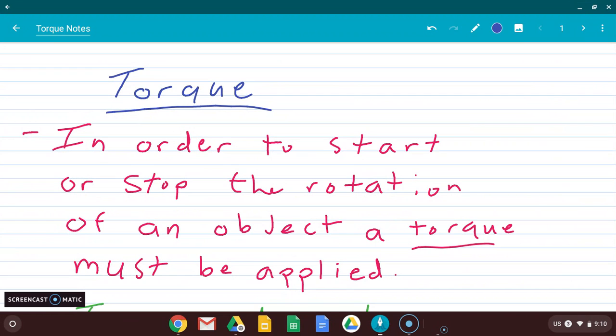So, to start, general definition of torque, then we'll break it down more specifically. Torque: in order to start or stop the rotation of an object, a torque must be applied. All right. So we really, in this course, don't get too far into rotation other than torque itself. But to rotate an object, that means basically to turn an object that has some kind of axis